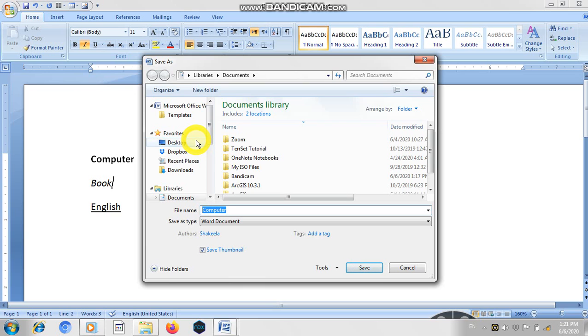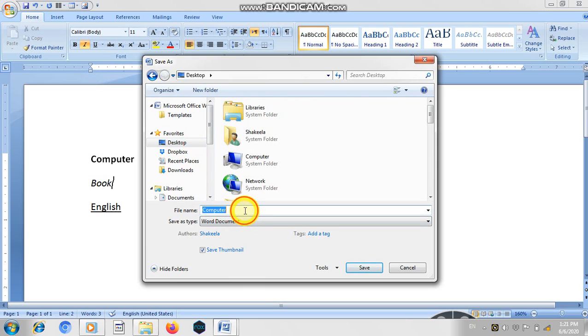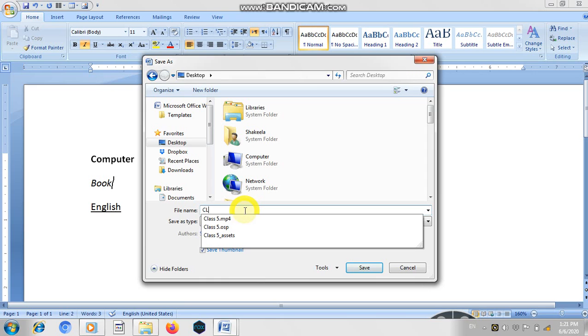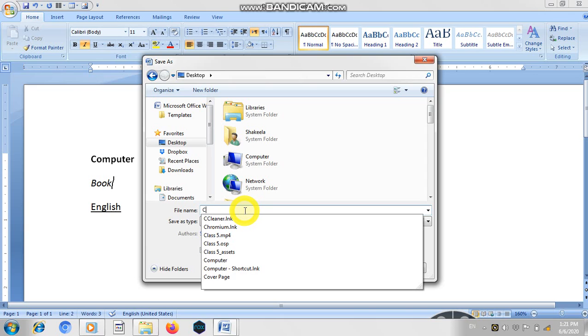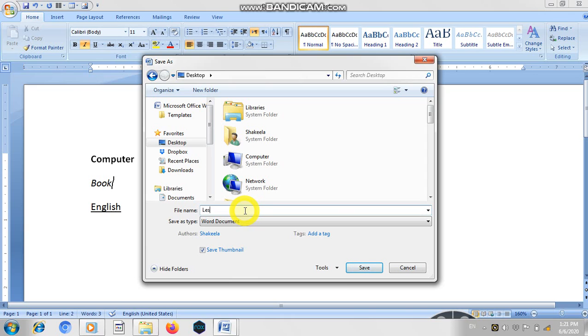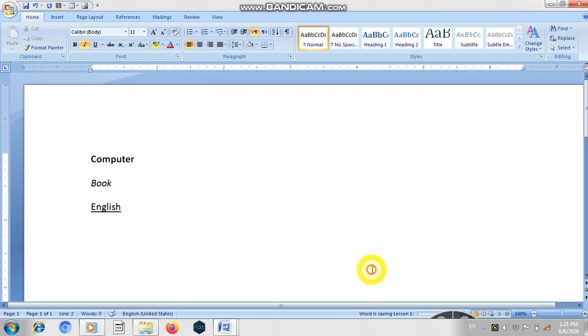So I have to click here, and then you have to rename this file. By which name are you going to save this? So let me save this with the name of lesson 1, and you just have to press save.